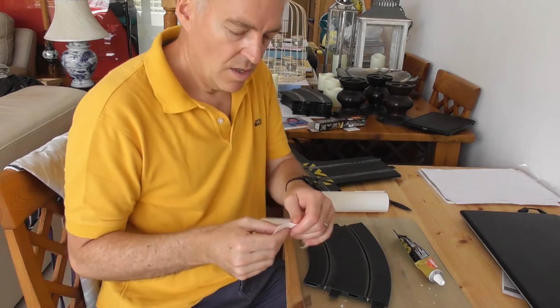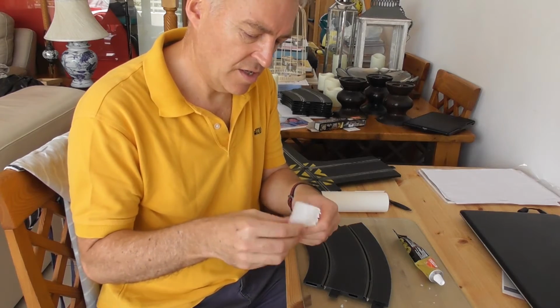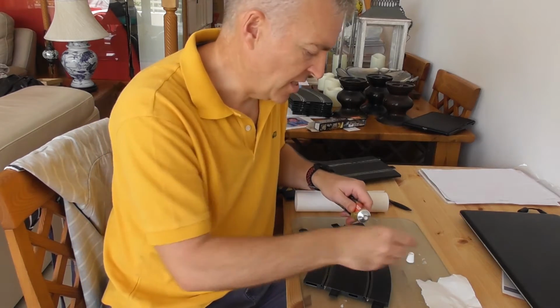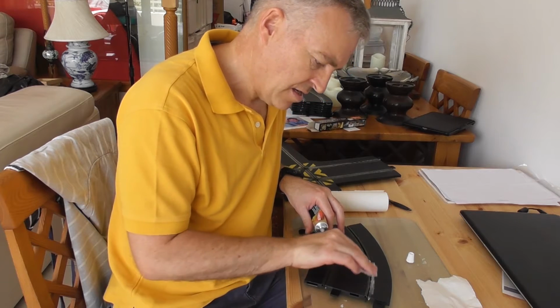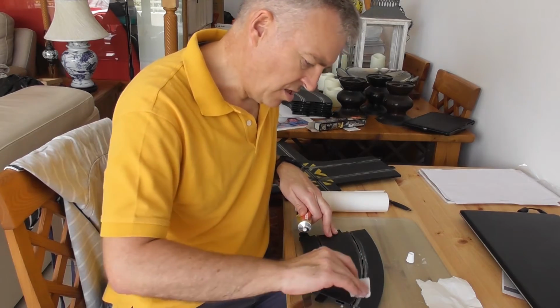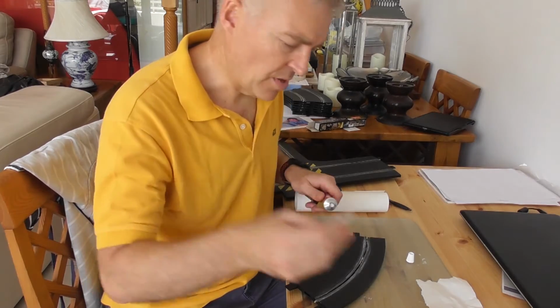So, after having done countless numbers of these tracks, I've discovered that there's probably an easier way of doing it. And that's to use some paper towel. Just tear off a small piece to start with. Place the polish on that track, rub it in gently, and then once you've done that, get another piece of clean towel and rub. You don't need to then reapply any more of the paste, so that's just putting the paste on,